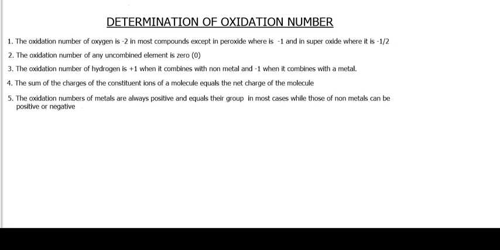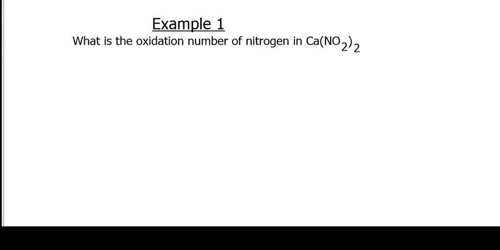Now let's see some examples of how we can calculate these oxidation numbers. From this example, what is the oxidation number of nitrogen in Ca(NO2)2? Now the first thing, we can resolve this question in 3 ways. In the first way, we can write out the compound